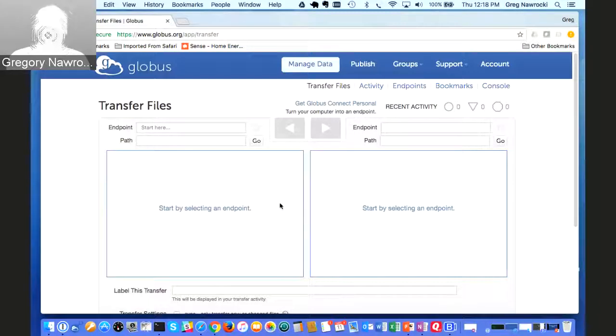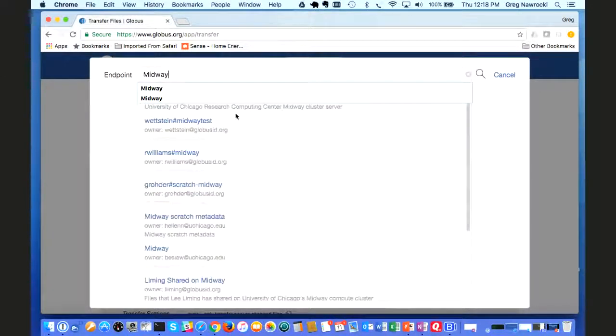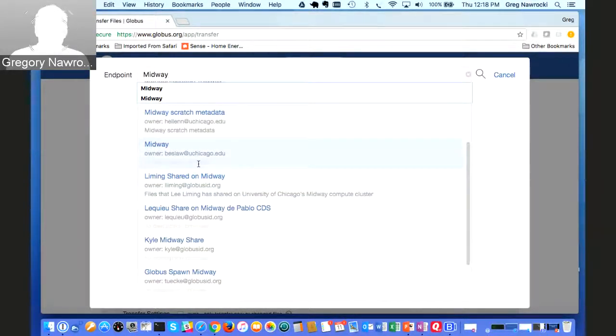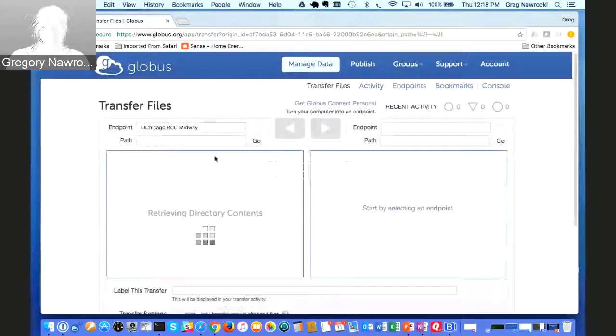And so when I started here at University of Chicago, we've got a research computing center with a cluster called Midway. And when I went here and I just searched on Midway, and I noticed I had, oh, where could it be? If I searched, oh, there, it's hidden under there.